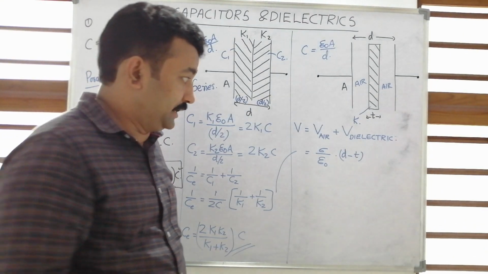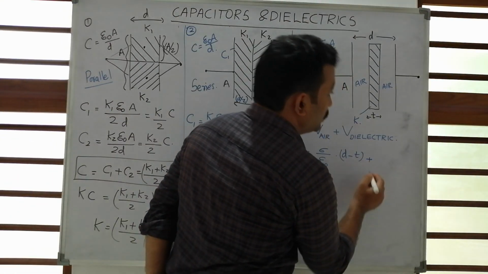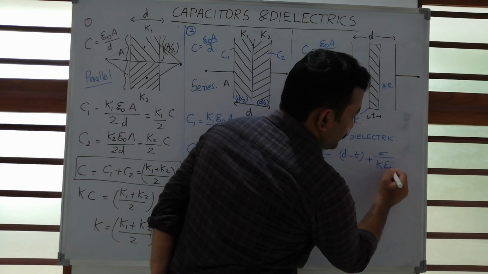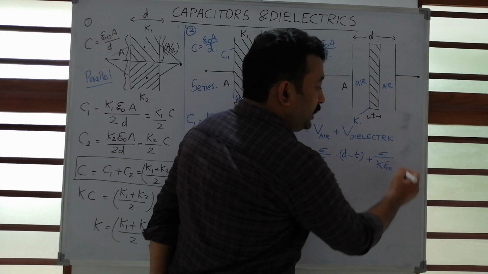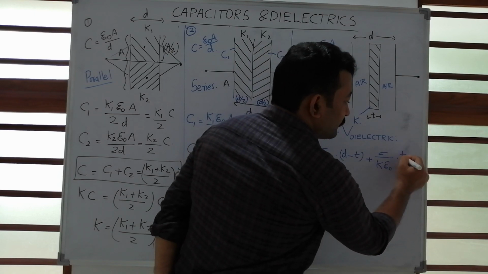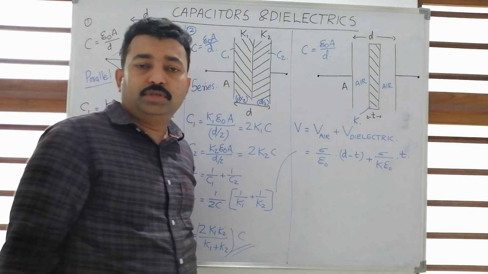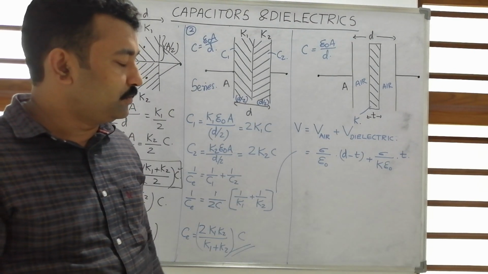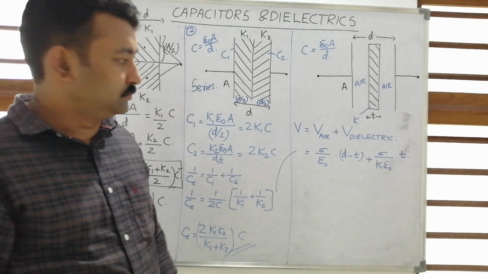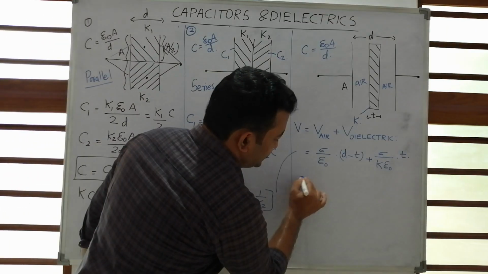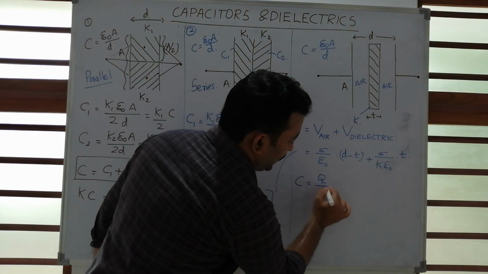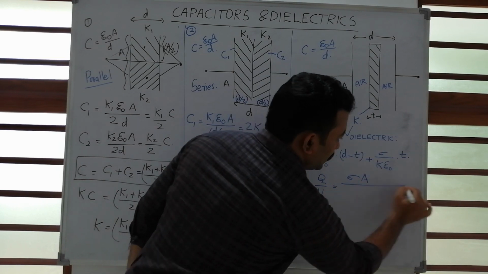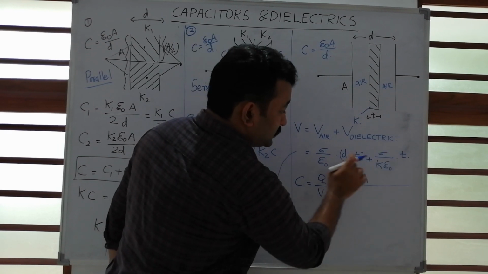What about the next region? The next region has an electric field sigma by K epsilon 0 into the thickness of the slab, t. I got the expression for the potential. So what is the capacitance? Capacitance is defined as Q by V. What is Q? Q is sigma A. V, we take the common factor,